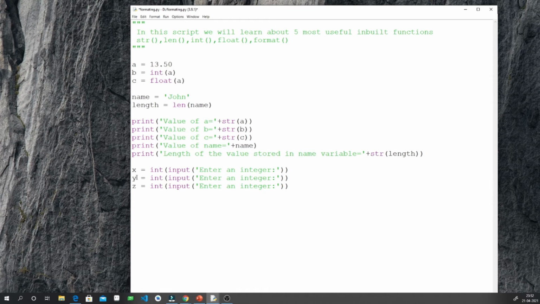Now what I will do here is, I will take floating point numbers as input, decimal values, and at last I will take string input.